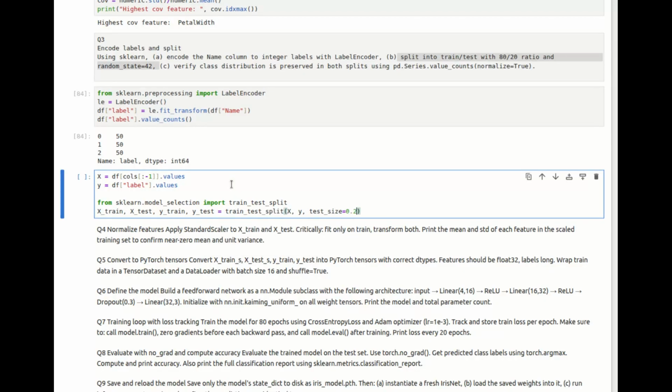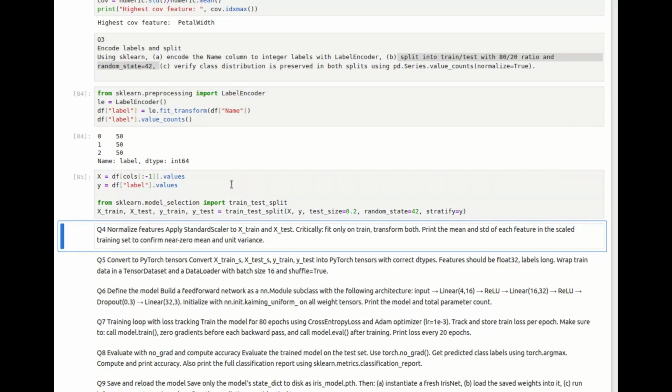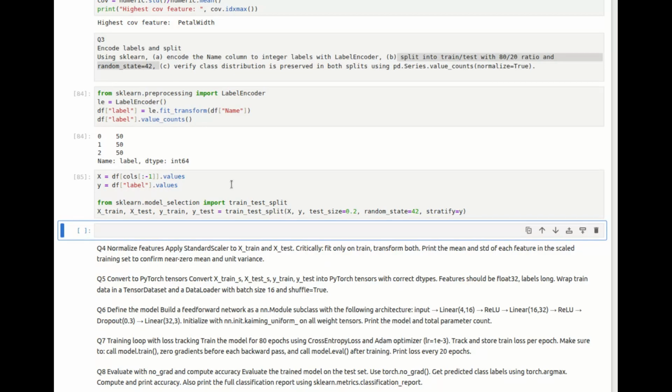Test size should be 20% and random state would be 42. And we need to stratify the y labels so that they're evenly distributed with model balanced labels. Over here, we would say that